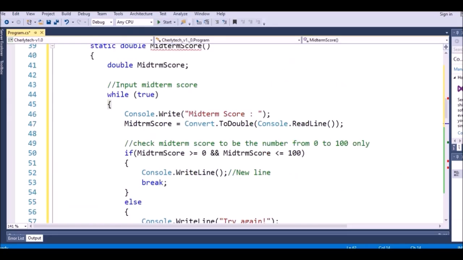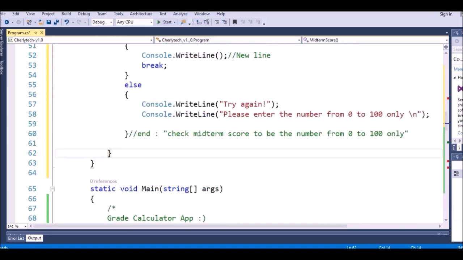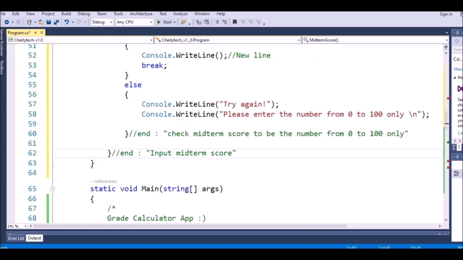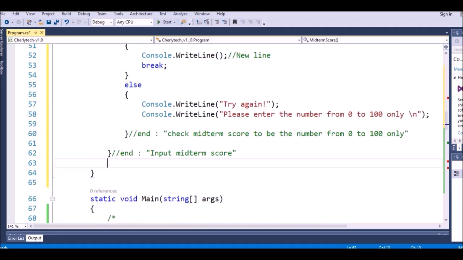This end means input midterm score, and input midterm score, like this one. So after the complete end, we have to return the value that we get from the user